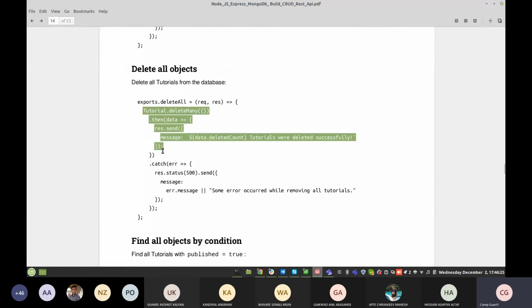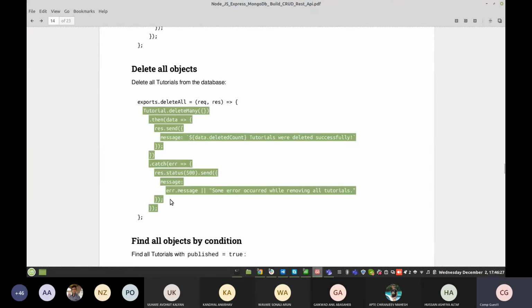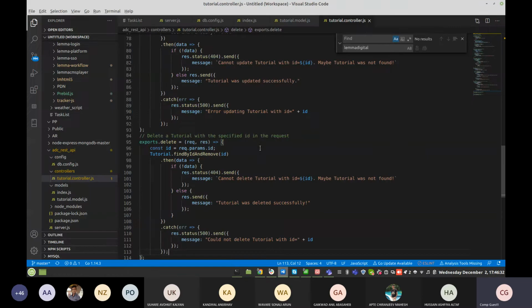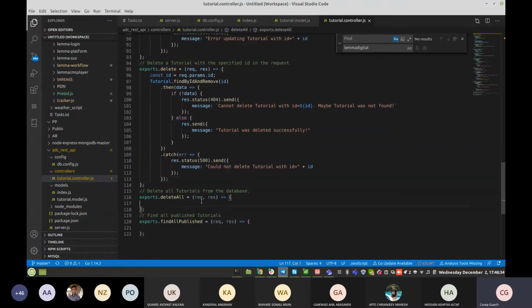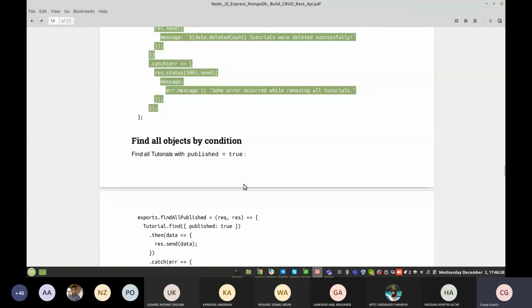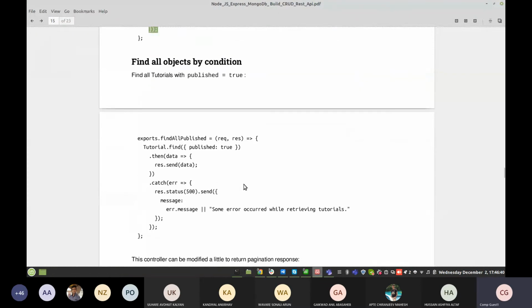Now delete all, with which you can delete all the records from your collection. We have added that, and then find the published ones, publish true.